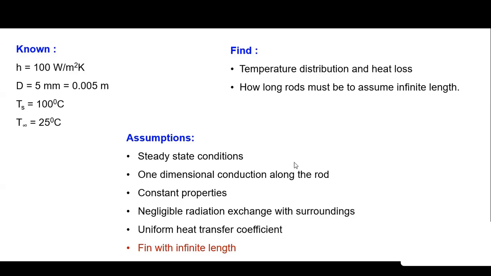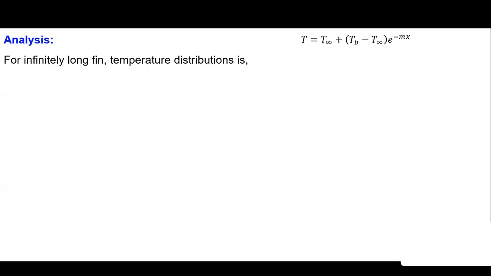So with these assumptions, we can proceed and carry out the calculation. For an infinitely long fin, the temperature distribution, already discussed, is theta upon theta b equal to e to the power minus mx. If you expand the term theta, it becomes T minus T infinity, and theta b becomes Tb minus T infinity. So I am just putting it in terms of temperatures, where m